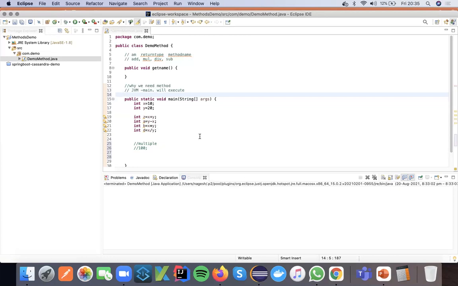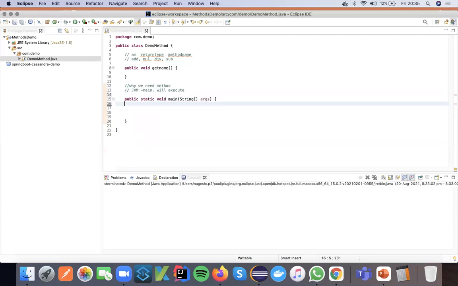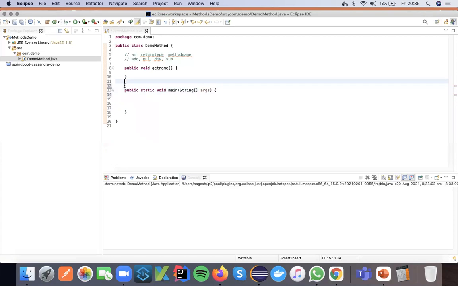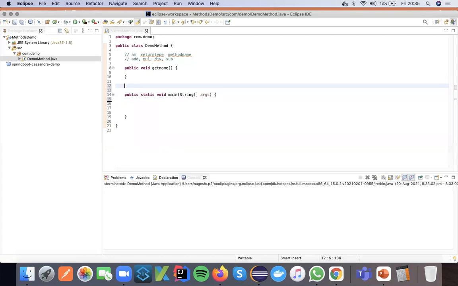So here we have understood in this class what the syntax of the method is and why we need the method. Next, we discussed in an earlier class what a static method is. For a static method, you write the static keyword in the method: public static void hello.